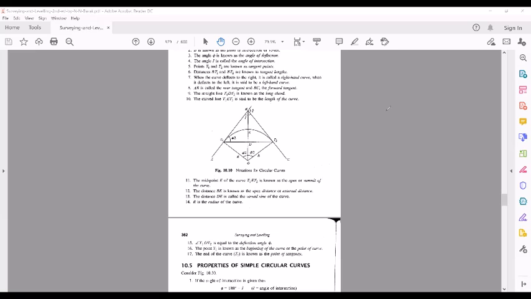Since this is the deflection angle phi, and if you see this triangle BT1 T2, you know that the exterior angle of a triangle is equal to the sum of the two opposite interior angles. So this phi would be the exterior angle, and it is equal to the two opposite interior angles. Since it's a symmetric sort of triangle, this angle becomes phi by 2, and this angle also